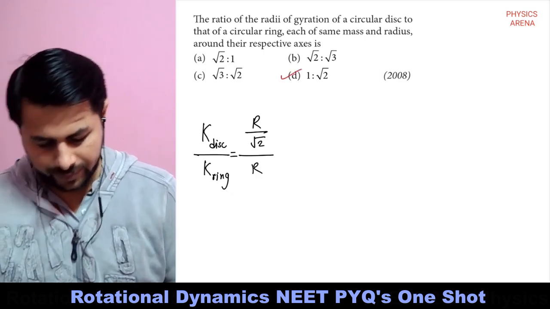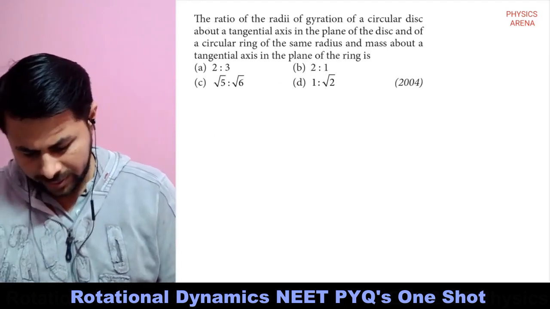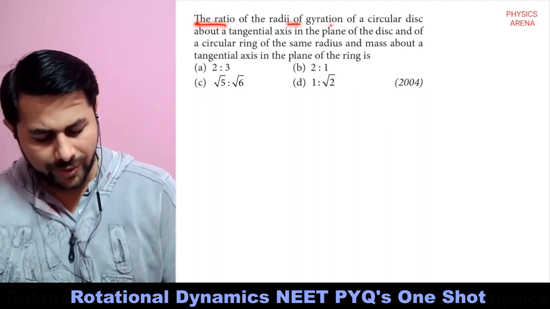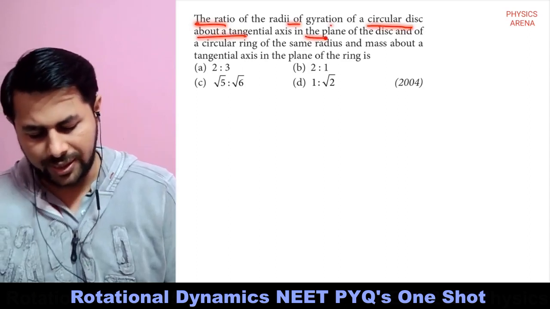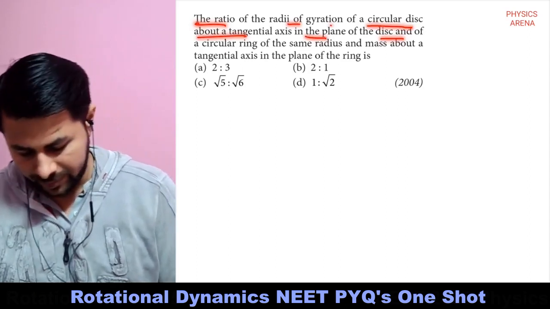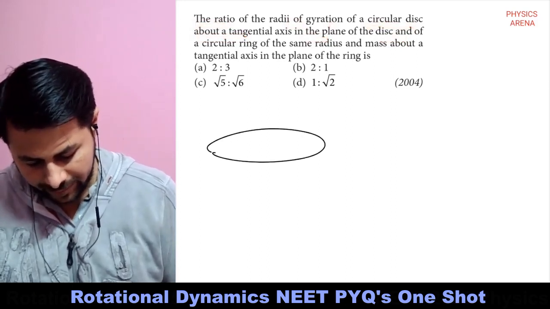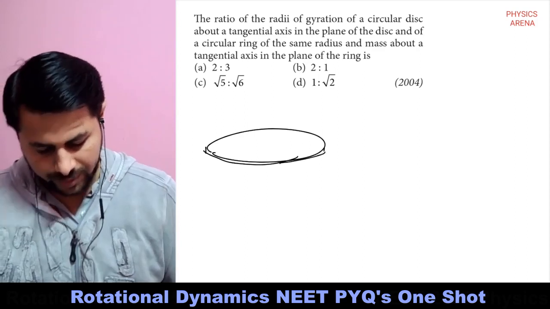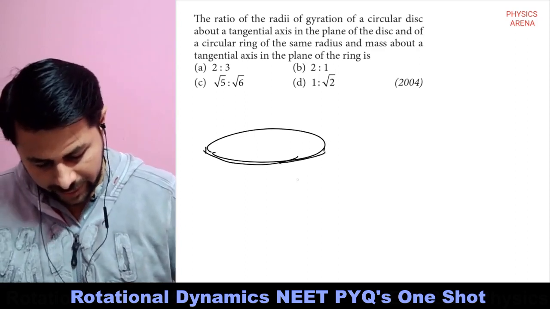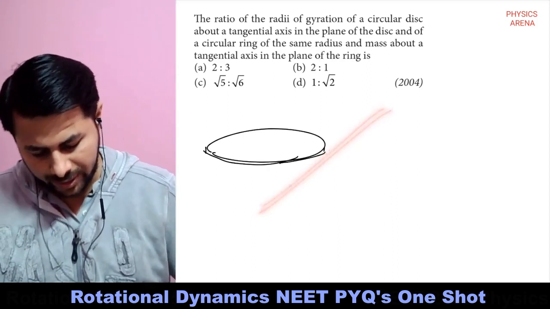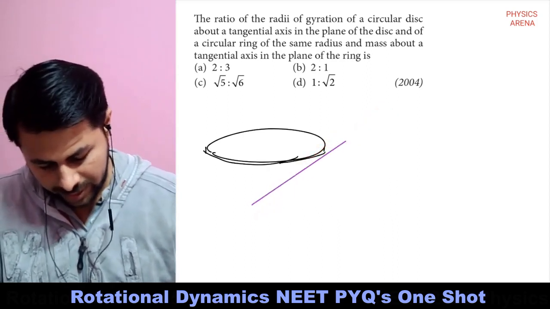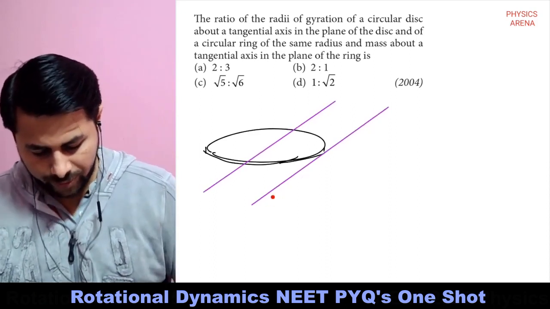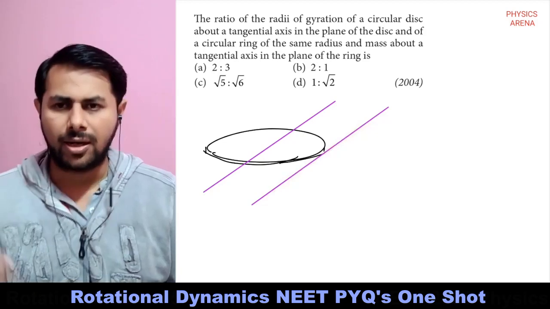Okay, so very simple. Let me read it again. The ratio of radii of gyration of a circular disk about tangential axis in plane of the disk. So this is a disk, right? And you want its radius of gyration about tangential axis. So this is a tangential axis. This is diametric axis. So first of all, we want to find out its moment of inertia about the tangential